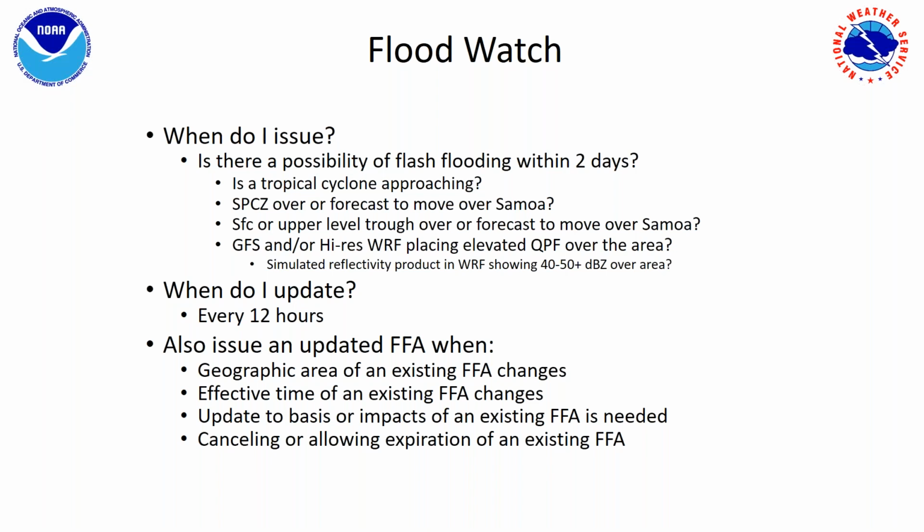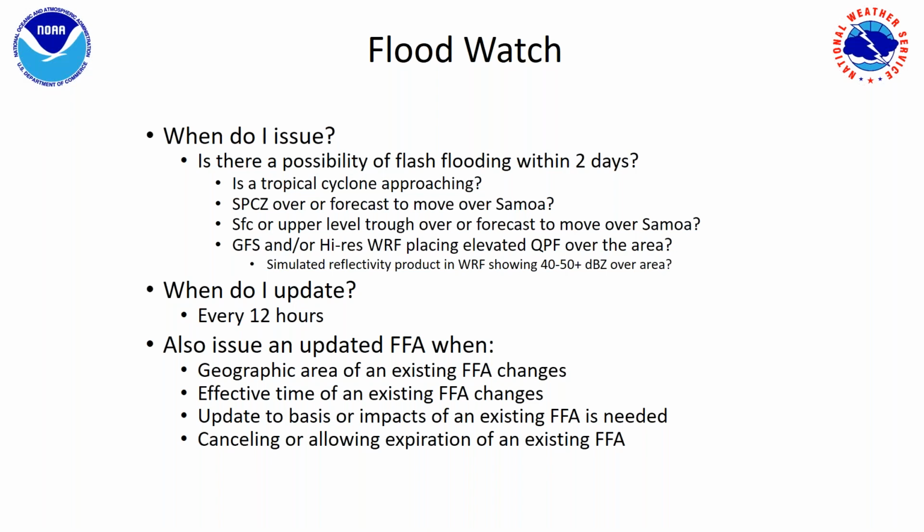You may have a trough, upper trough over you, or surface trough, or any one of those significant synoptic features. And then, of course, if the models, your GFS or EC, or the high res, if out at the long lead time portion of it, if it's indicating that you're going to have significant precip over your area,